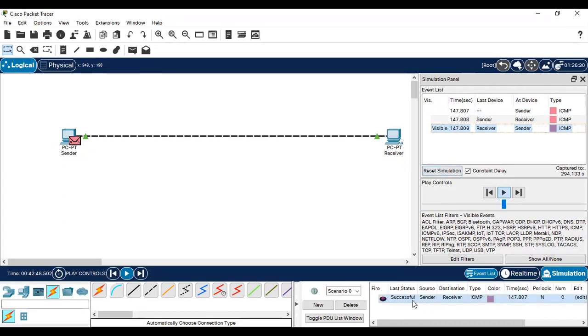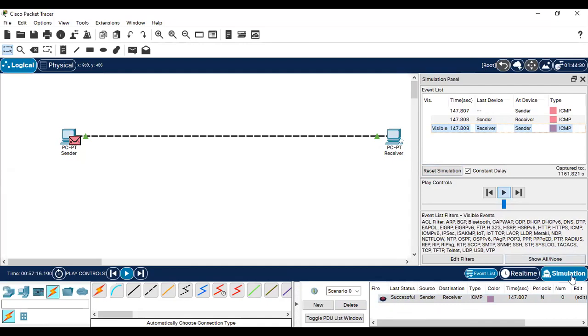Now you can see in the status bar it is showing an ICMP packet, that is Internet Control Message Protocol. Please note it down, it is very important. In future we are going to talk about ICMP, used just to check the connectivity between the nodes. We are using it right now for this purpose. This is how the communication gets completed: it sent the packet, then it received, and then there is a successful status over here in the scenarios.